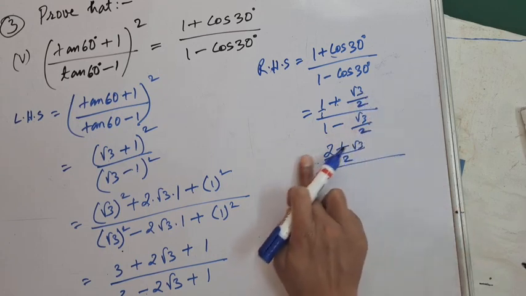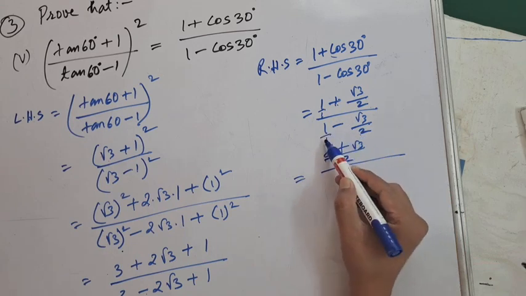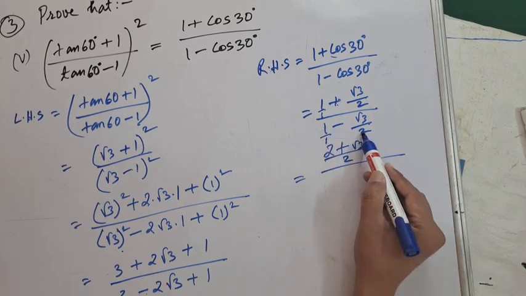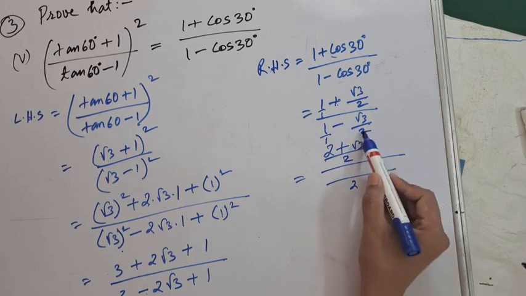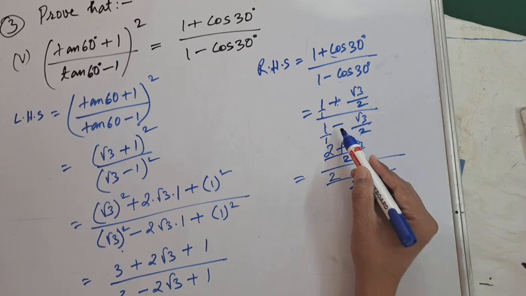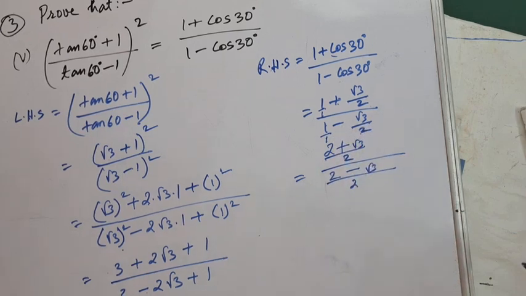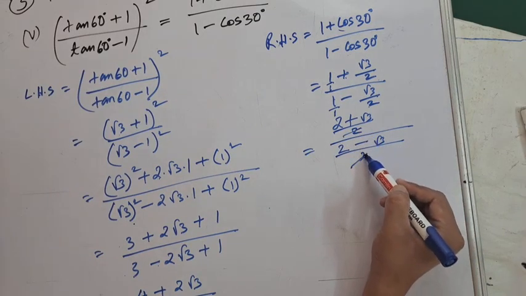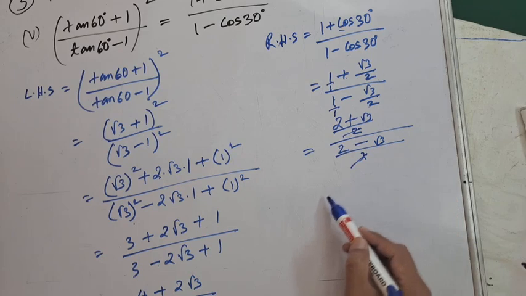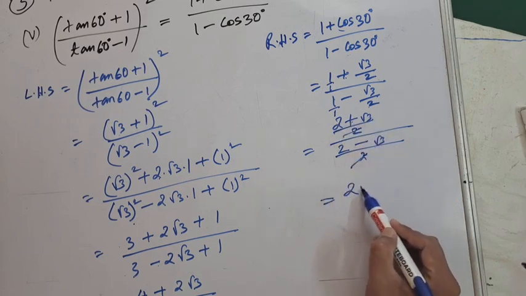And in the denominator we have 2 and 1. We have 1 in the denominator of this one. LCM of 2 and 1 is 2. Okay, so 2 ones are 2 minus 1 into root 3, root 3. So this 2 and this 2, both from the numerator and denominator, can be cancelled. Okay, so in the numerator we have 2